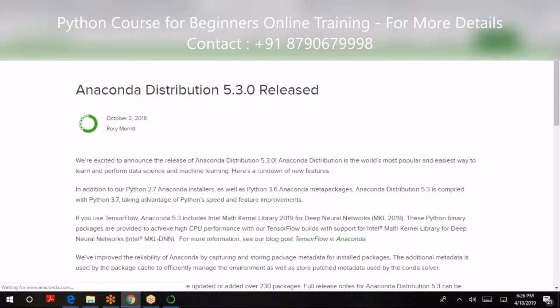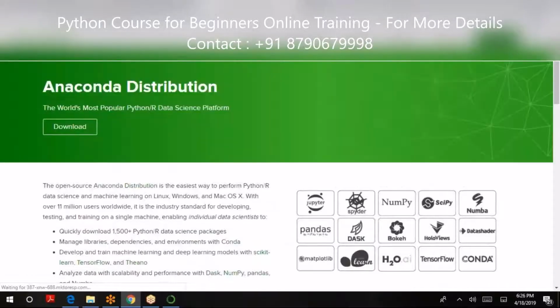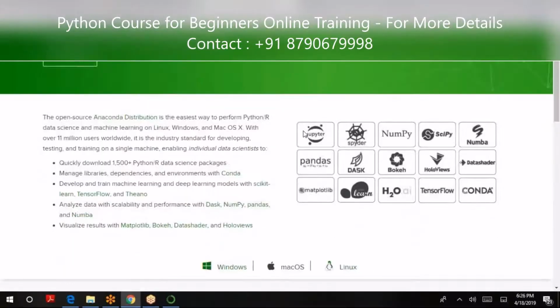Now, in this particular environment, there are various packages which come built in. As I stated, Python is used for data pre-processing, data visualization, and data analysis. For this very purpose, there are various other packages built into the Anaconda environment.